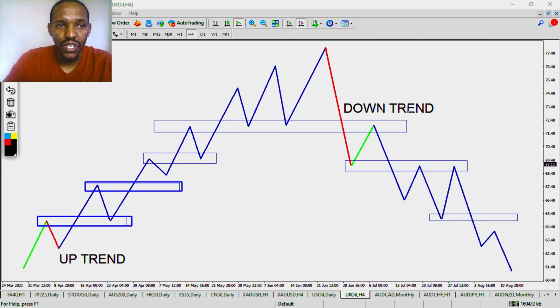Can I just remove that so you can see? You would look for your entries at this area right here. When you look for your entries, you're going to be selling the market right there. Your stop loss will be right about those areas. You sell the markets, it goes up with an impulse move. When you sell the markets at this area with an impulse move, your stop loss is around those